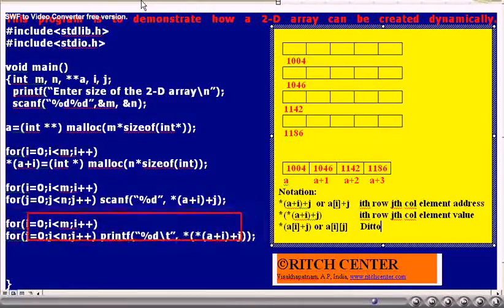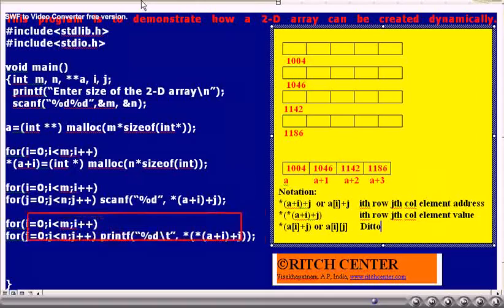In order to access any element of any row, we have to have that row's base address. However, each row's base address is available in this pointer array. Unless we know the base address of this pointer array, we cannot access any row's base address. Thus, this A is the most important thing.